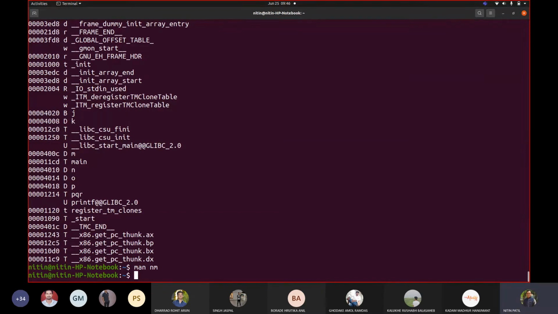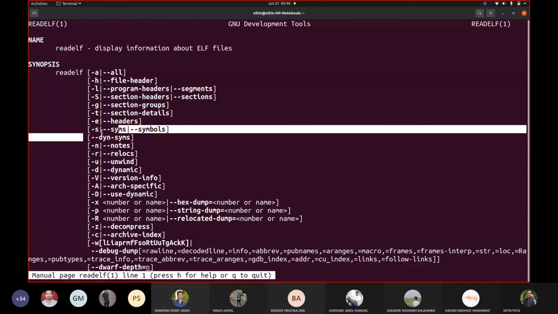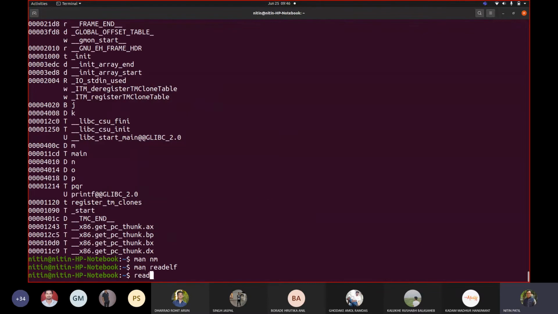Now, with respect to this readelf command that we saw, can I use it even to get information about the symbols? Yes. Let us see this. Let me write readelf -s and my file name, and then less.